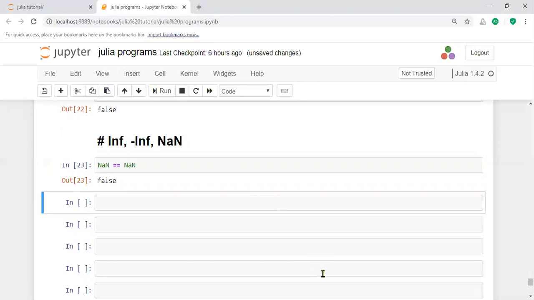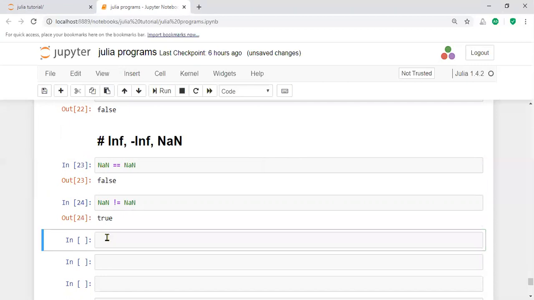That is false. NaN may be anything, and not NaN may be anything. Coming to NaN not equal to NaN, that may also be false. For example, you have NaN, and NaN equal to NaN is false, while NaN not equal to NaN is true.